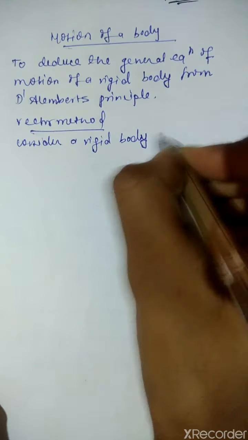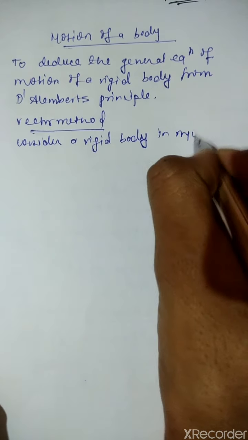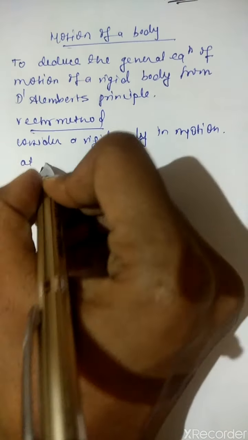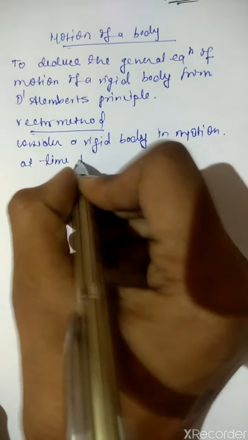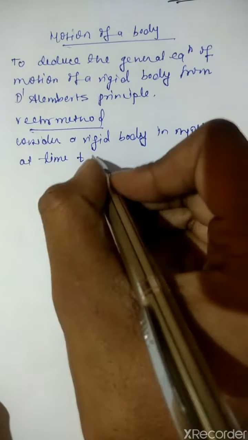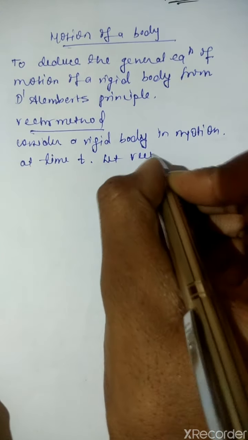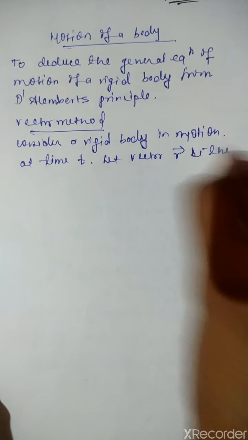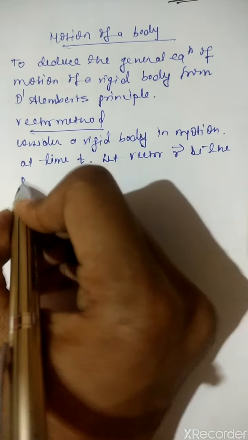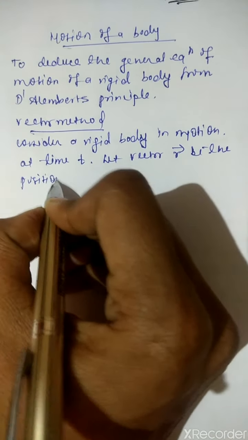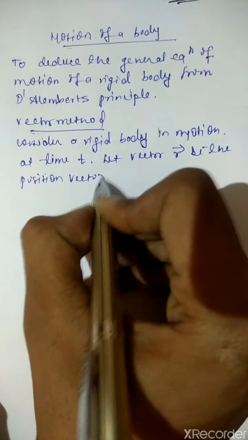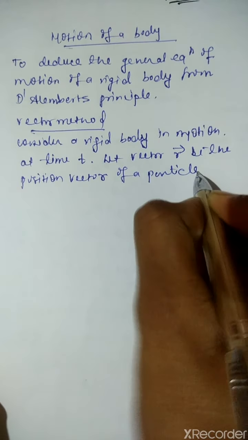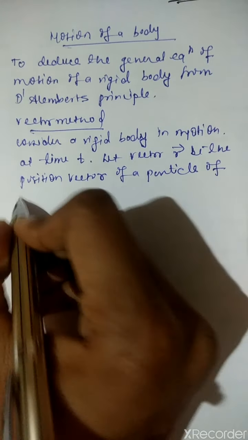Consider a rigid body in motion at time t, and let the vector r be the position vector of a particle of mass m,